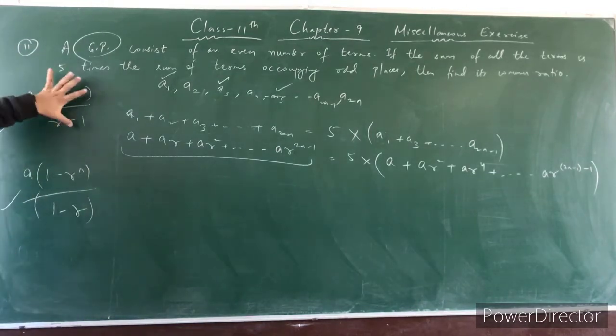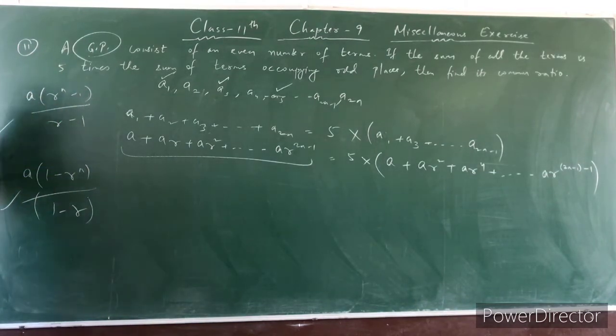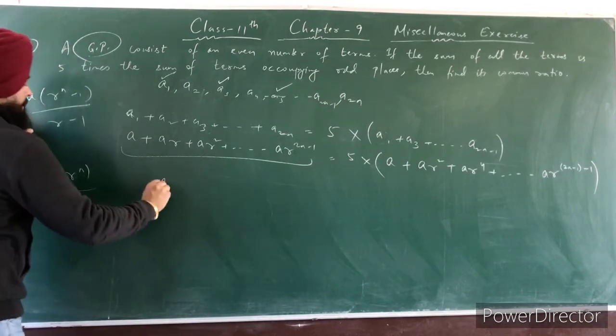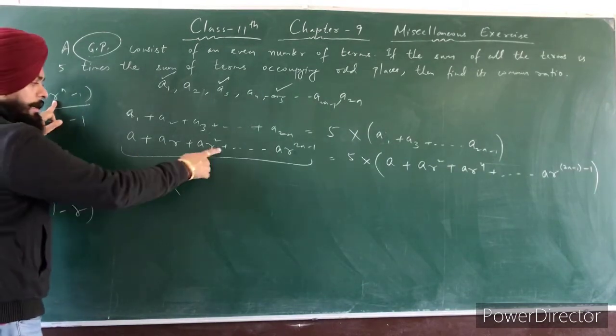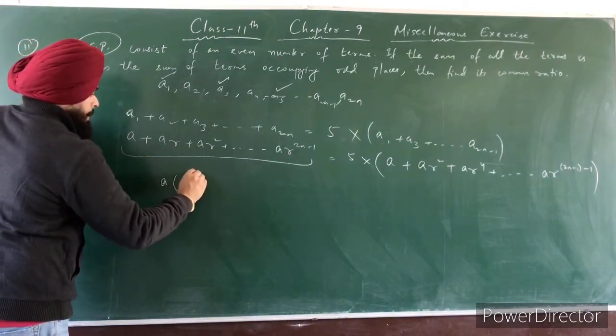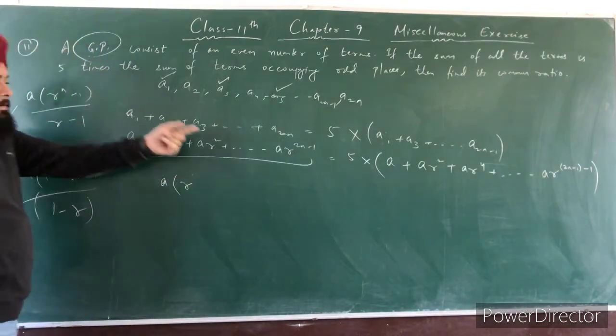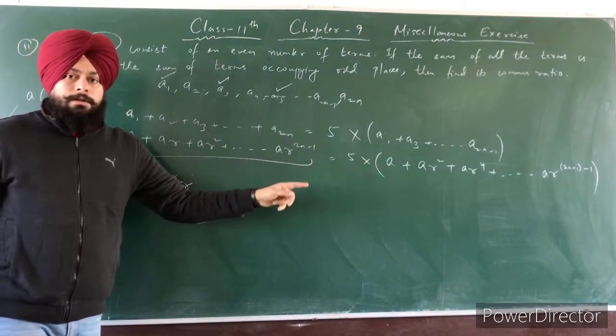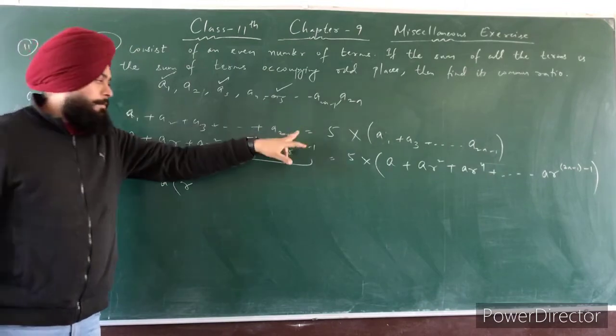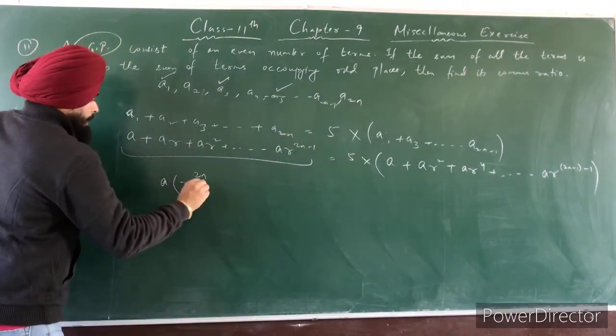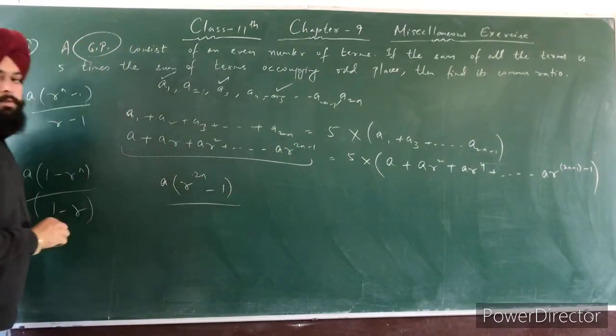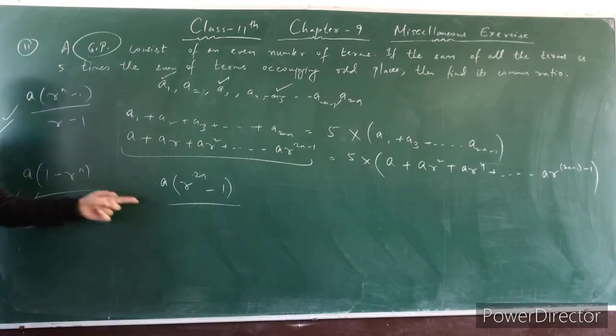You have to use any one of these formulas. We will use the first one. Here r is the common ratio, and the power is n. So what is n here? n is 2n, because there are an even number of terms and the last term is 2n. So write a(r to the power 2n minus 1) divided by r minus 1